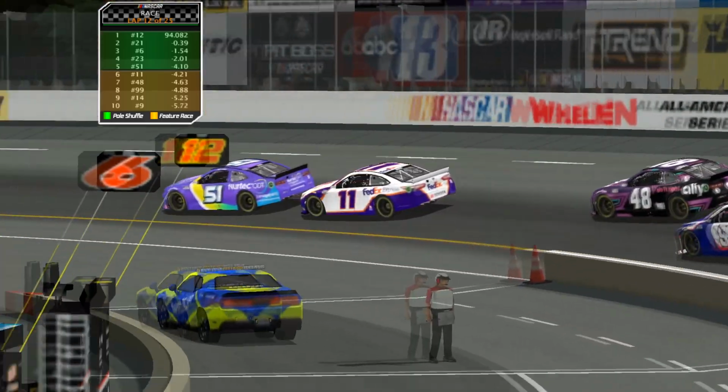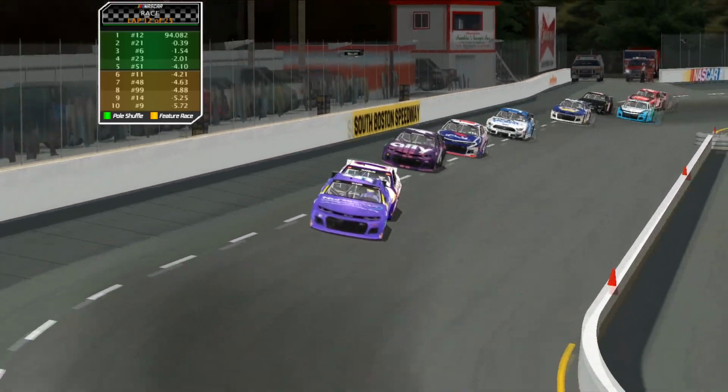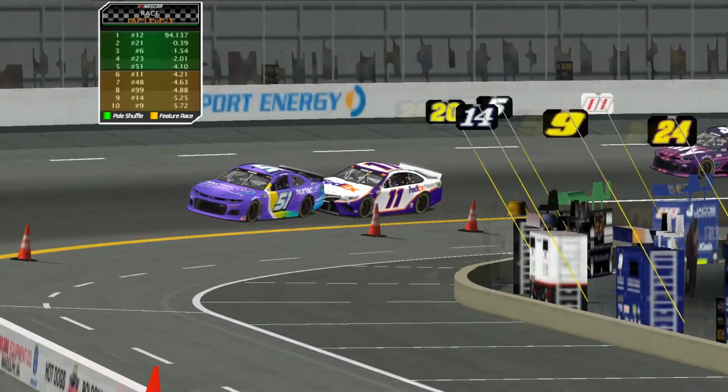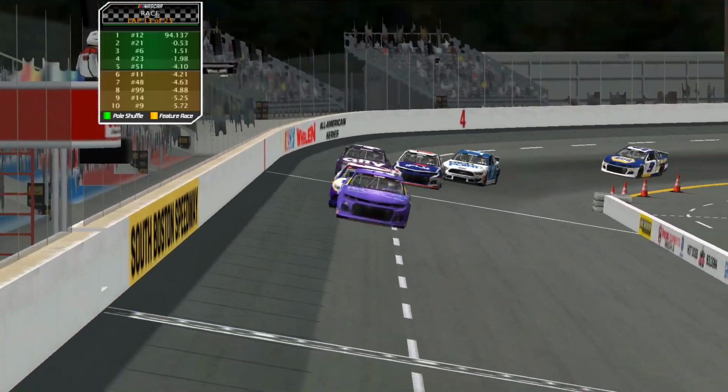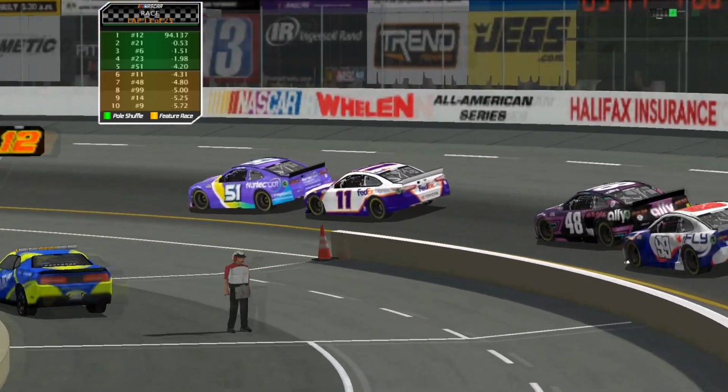Denny Hamlin working on Cody Ware here. We saw Cody do a great job holding on to track position. That is the best of the Rick Ware cars. Somewhere to Reed Sorensen, plant it on the bottom and make them go around on the outside or move you out of the way. And you can keep positions, and that's exactly what Ware's doing, and he's doing a great